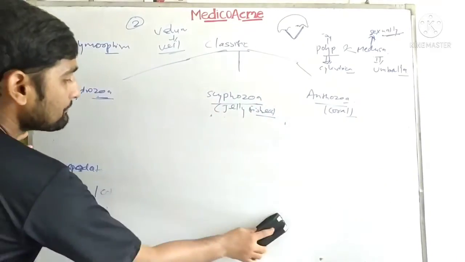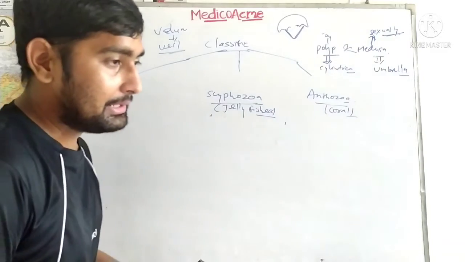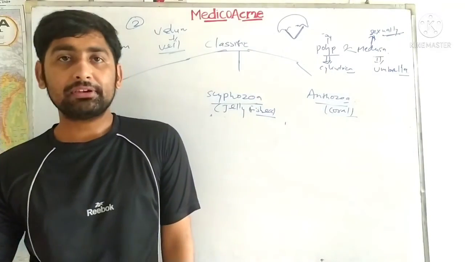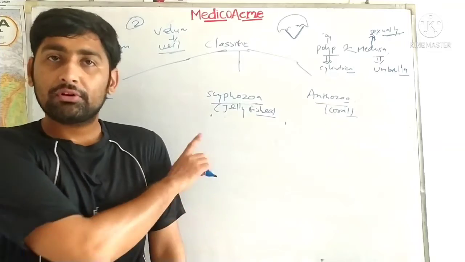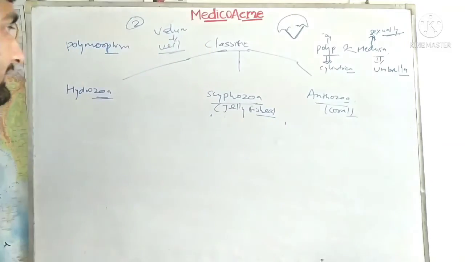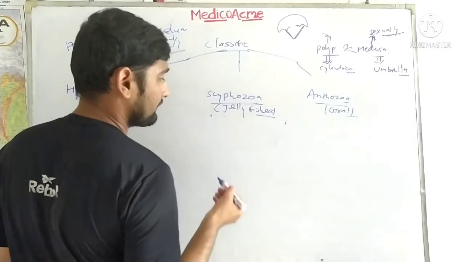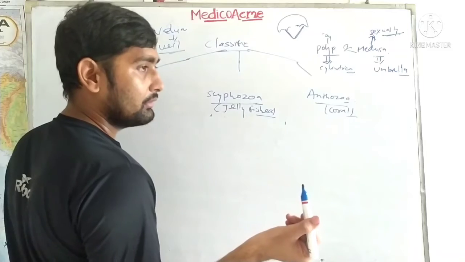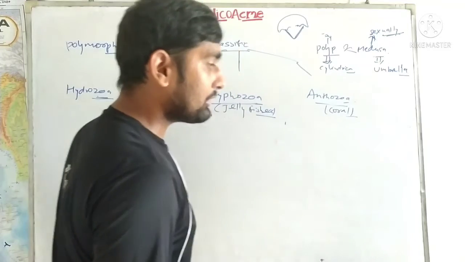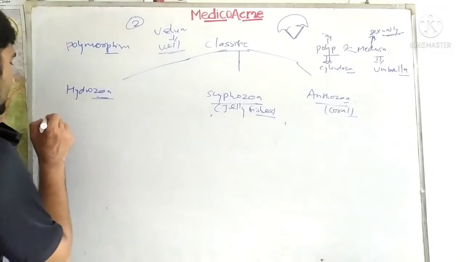So guys, let's discuss the organisms which are actually found in the classes. This becomes very important because examples are very important if you are going to study invertebrates. Why? Because sometimes simple questions are asked from the examples. They will ask, what is Portuguese man of war? So if you don't know the Portuguese man of war, then definitely you are not going to answer. So it becomes very important.